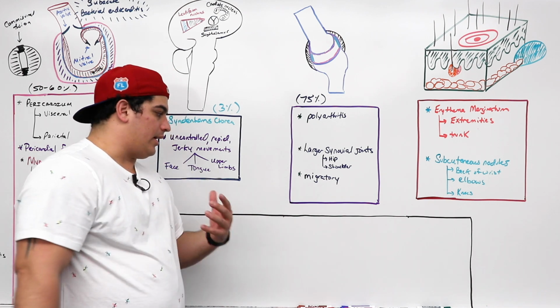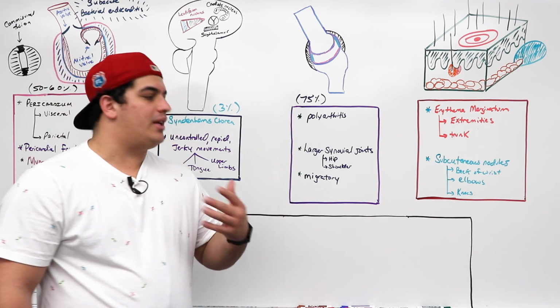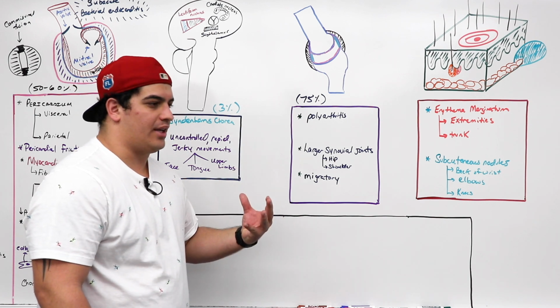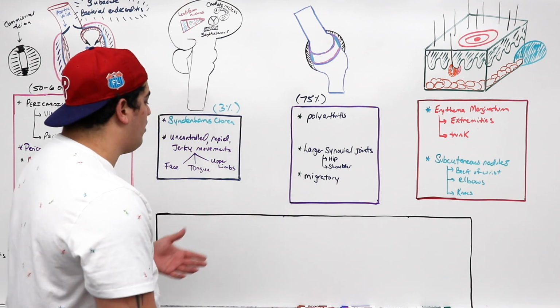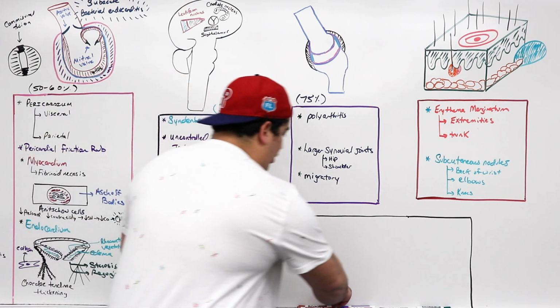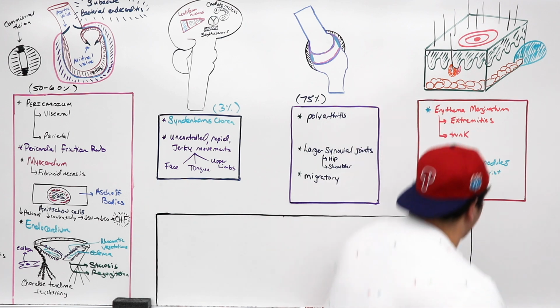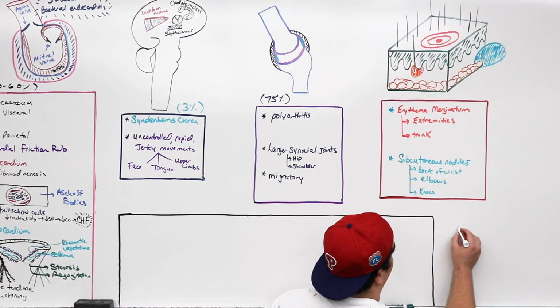All right, so the last thing is we've already been able to notice how the pathology all plays out. I think we beat that like a dead horse. So now what we need to do is we need to kind of get into how we would diagnose it, just based upon our clinical understanding. Okay, so what we do is we follow the specific criteria. They call it the Jones criteria. Let me write this over here for a second. So we have to follow this thing called the Jones